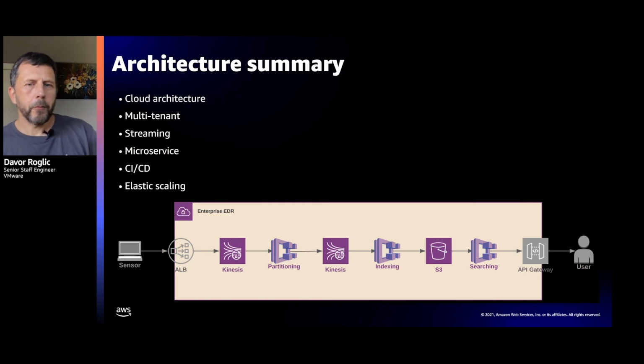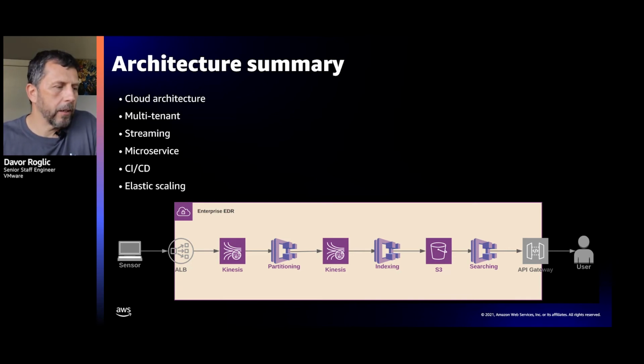So before we move on, let me just recap with the final high-level architecture diagram. We have a sensor sending data on the left, right, to the backend to some kind of load balancer. And then we have this first random Kinesis stream, a kind of vanilla Kinesis stream, which we scale up and down as we need to. Then we go through the partitioning layer, which does entropy reduction, and we push data into the second Kinesis stream, which has a physical partitioning by the tenant.